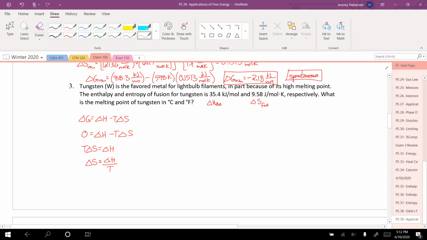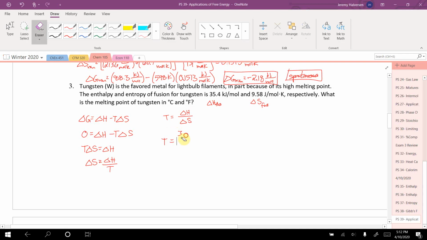Okay, and that's because at a phase change, at that exact temperature, you're at equilibrium, and so delta G is 0. In this case, though, we're solving for temperature, so I could rearrange the equation differently and say the temperature is going to be delta H over delta S. And so my temperature, my delta H of fusion is